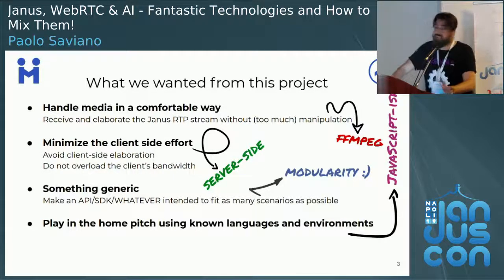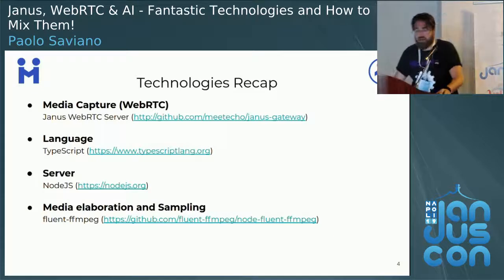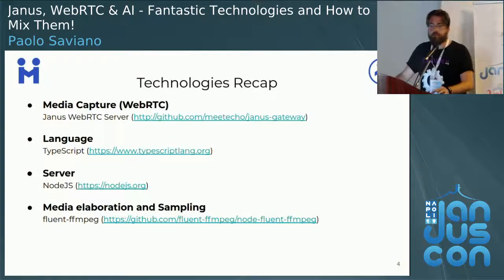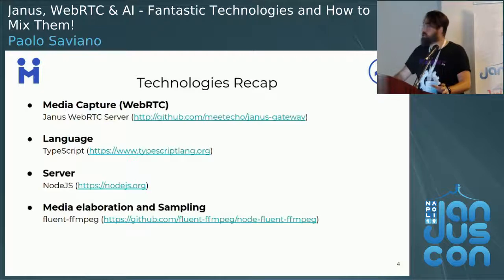And probably TypeScript will make it easier to achieve and communicate the modularity we are looking for. The choice of a language belonging to the JavaScript family led us to use Node.js. And Node.js and FFmpeg could easily work together through Fluent FFmpeg, a library that wraps the FFmpeg command line into a JavaScript module.